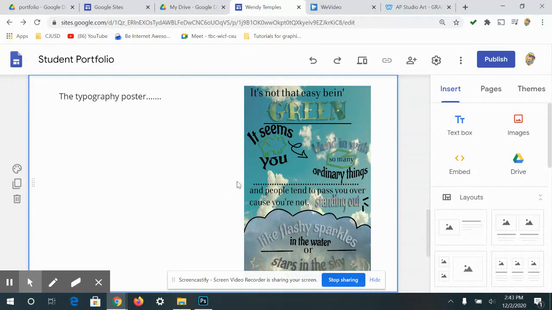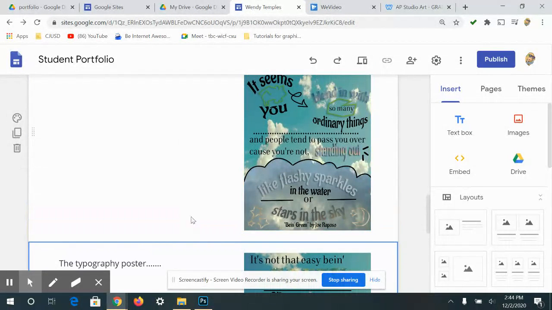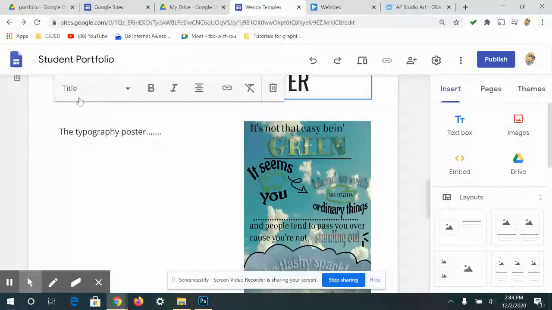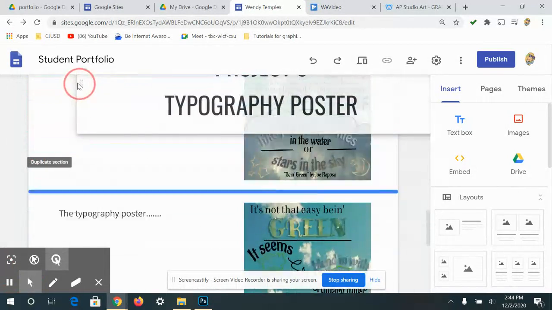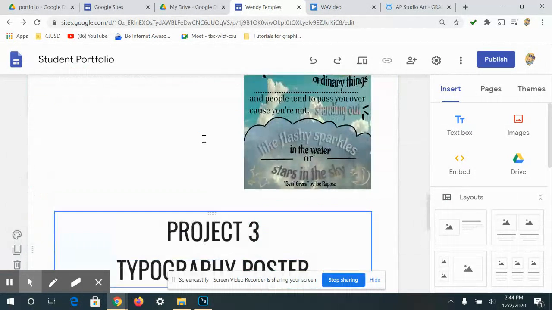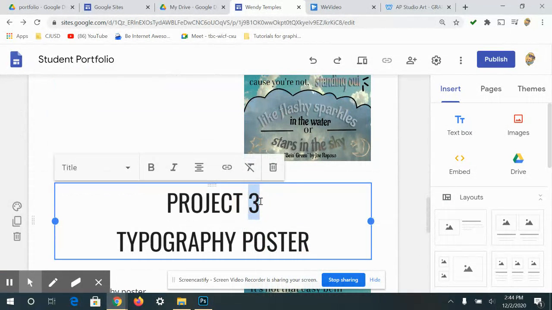Okay, so just kidding. You can create a duplicate section. So it just copies what you did above. So all you have to do is come in here and create a duplicate section for this one and move it down below. Oops. Right here. And now I have project 3. So I'm going to change this to project 4. And project 4 was